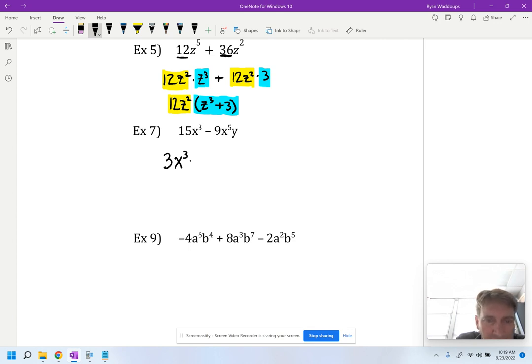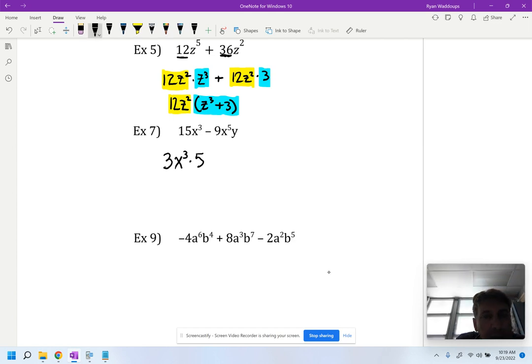So I'm going to write the first term as 3x cubed times 5. 3 times 5, 15. And x, nope, no x, because I already have all 3 x's in that first part. Minus 3x cubed times, and 3 times 3 is 9, and x squared times x cubed would be x to the 5th, and then I also have